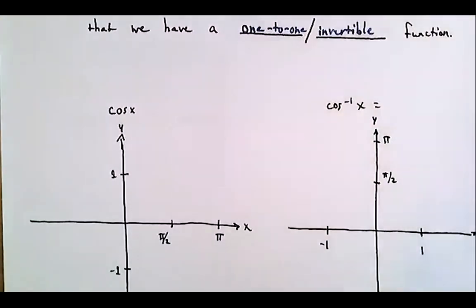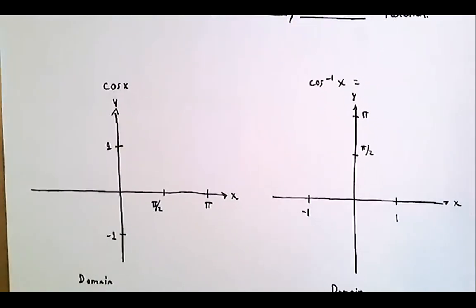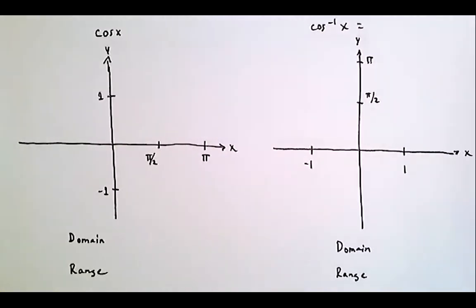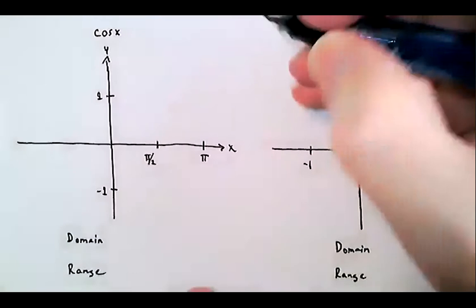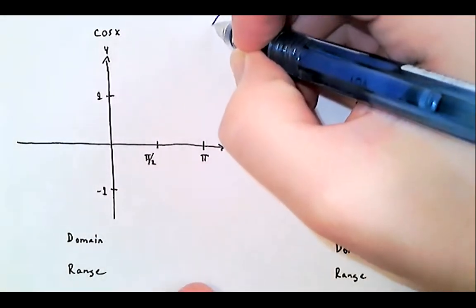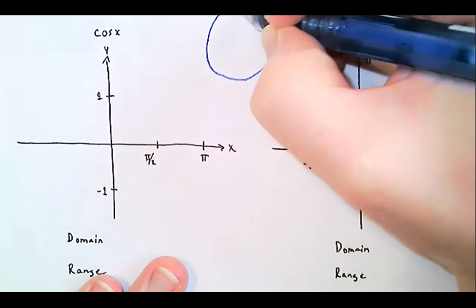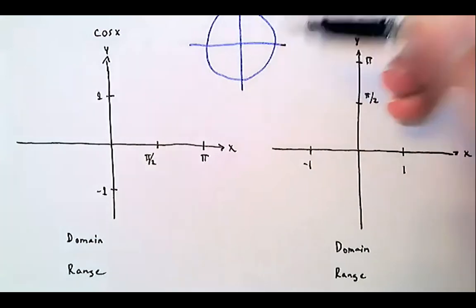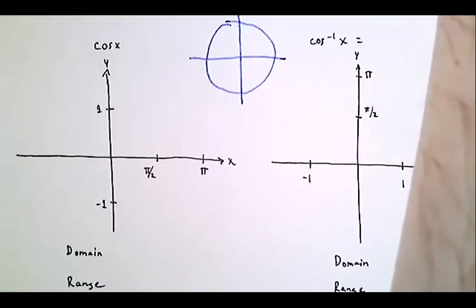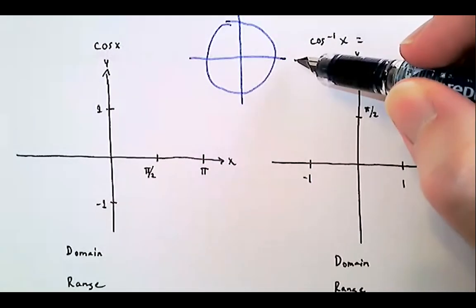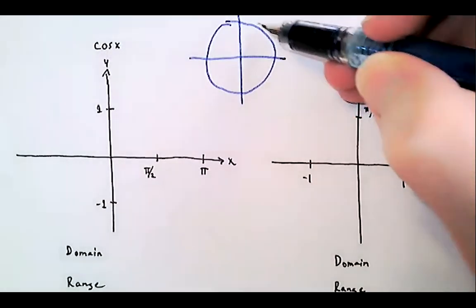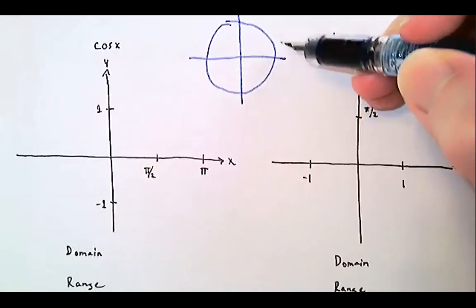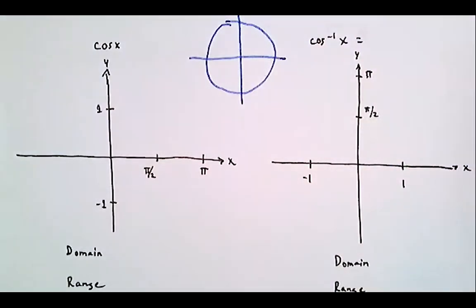But before we do that, I want to go ahead and talk about arc cosine. And it'll work pretty similarly. We're still talking about the unit circle, essentially. And we know that cosine is the x coordinate on the unit circle. X corresponds to cosine. So as we move around the unit circle, we're going to get repeated values for cosine. That means it's not going to be a one-to-one function either,